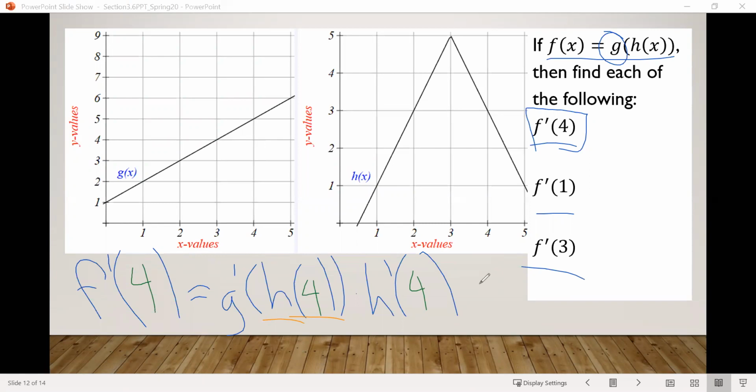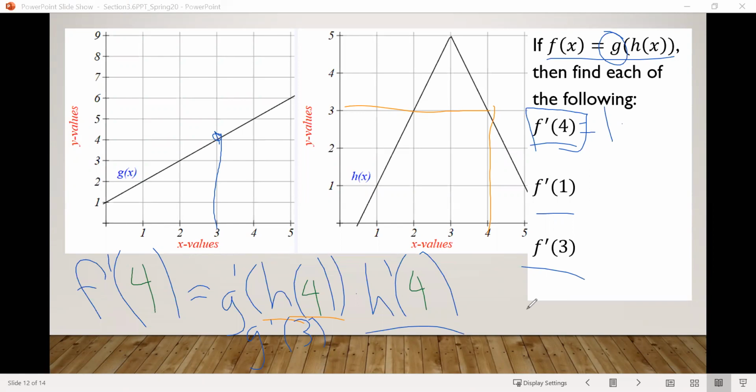If we look at h of 4 over here, it looks like the output there is 3. But then that 3 now becomes the input for g prime. So this part right here now is g prime of 3, which we'll look over here at the function g. G prime means find the slope of the tangent line. Because this thing is already a line itself, we can get the slope by just looking at the slope of the line, which looks like it's 1. So our f prime is going to be 1 times